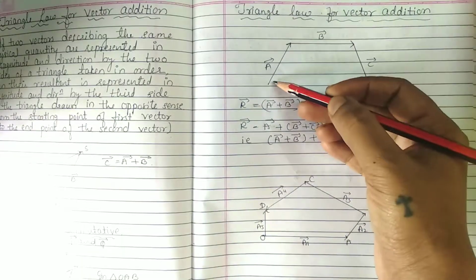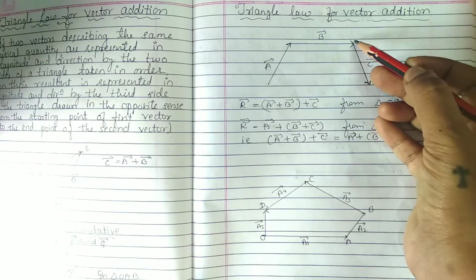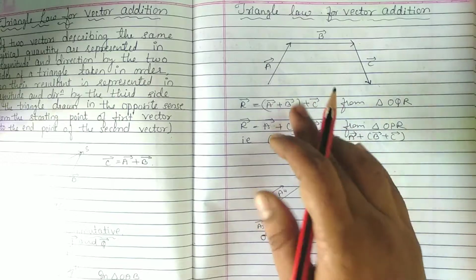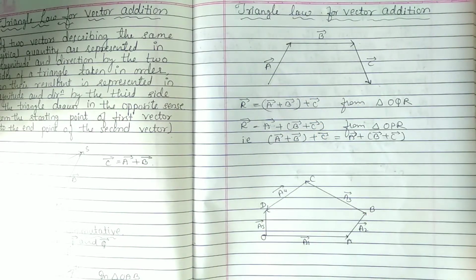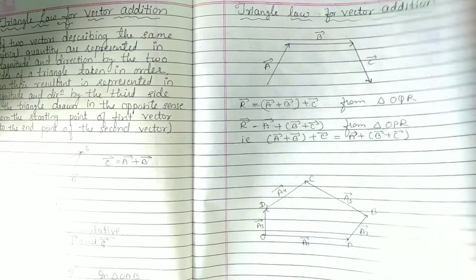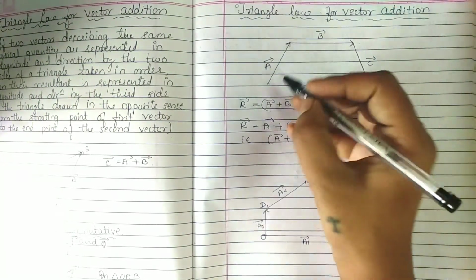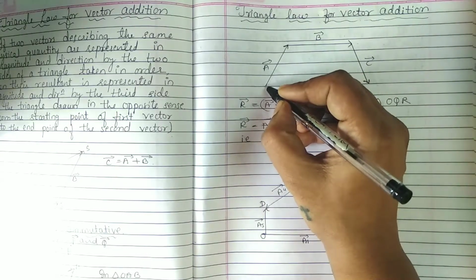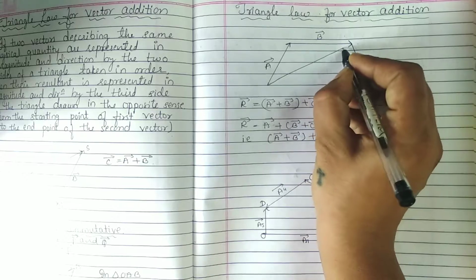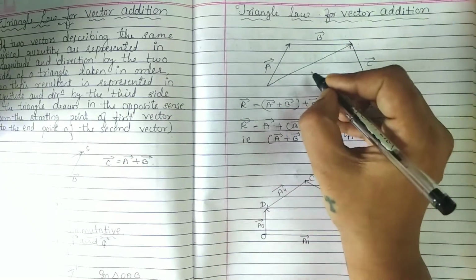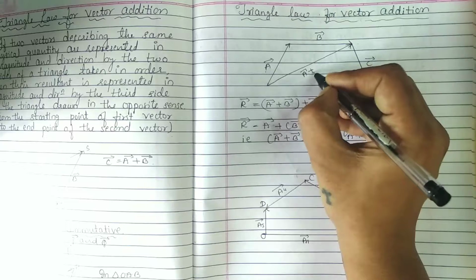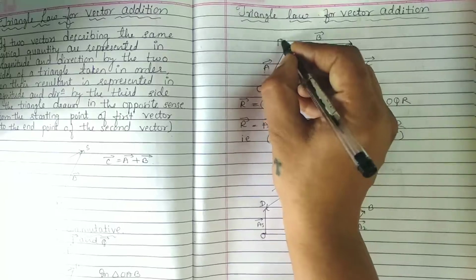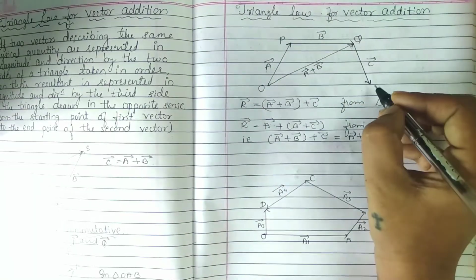See here, I have taken A, B, C, all 3 vectors in order. So what I will do is apply the triangle law to this. So A, B: my answer from here to here is the resultant of A plus B. So call it A plus B. It is the result of A plus B. Name the points O, P, Q, and here it is R.